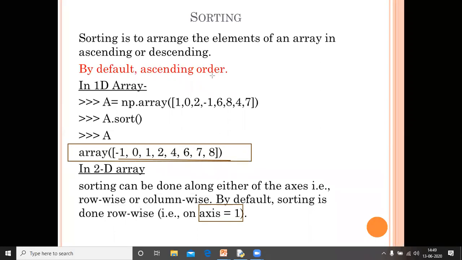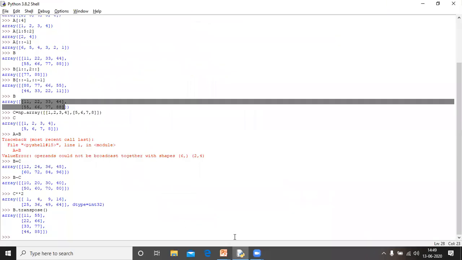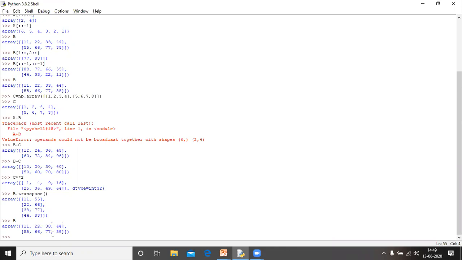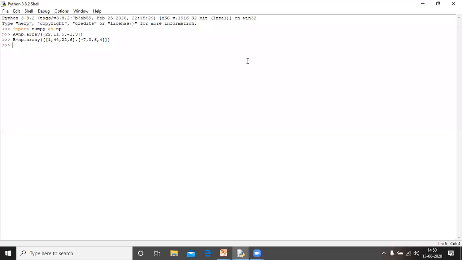Just check. This is B. This is already sorted. I create a new one. Now there are two arrays. A is a one dimensional array. Then perform the operation on the first one dimensional array.